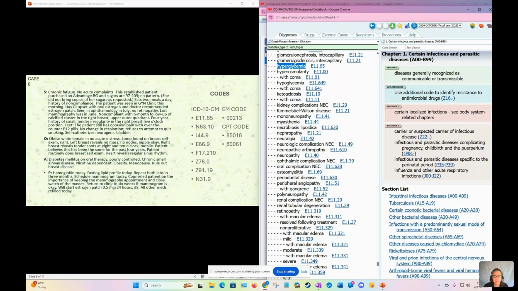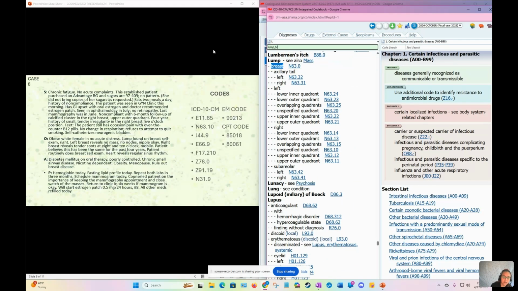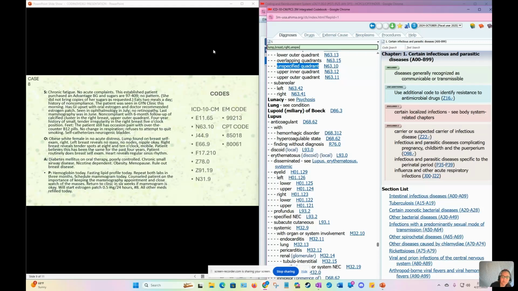Diabetes type 2 with hyperglycemia, E11.65. We move into the lump in the breast. And in the unspecified quadrant, which gives us the code N63.10,